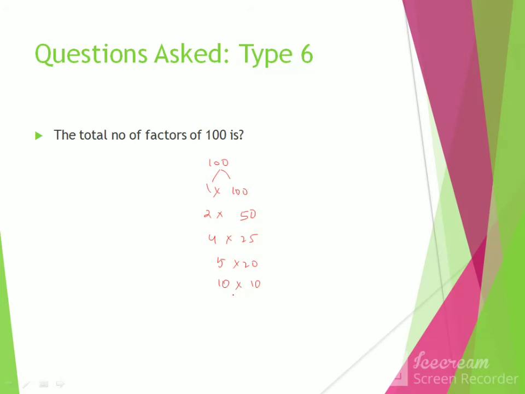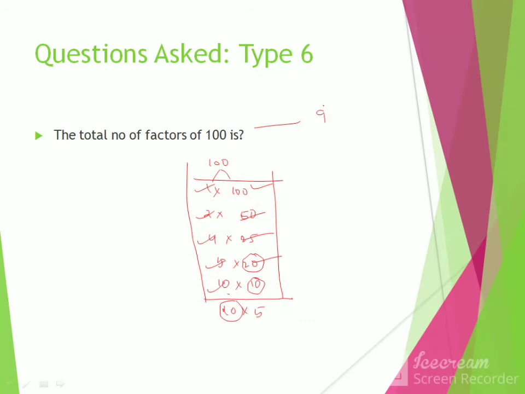Now if you go with 11, 12, 13, 14, 15, 16, it will not go. It will go directly with 20, 5 times. You simply need to see that this 20 has started repeating, so we can stop doing over there. The unique factors will be these only: 1, 2, 3, 4, 5, 6, 7, 8, 9. Again this 10 and 10 are same only. That we cannot count as 2. So 2, 4, 6, 8, 9. The unique factors of 100 are 9 only.